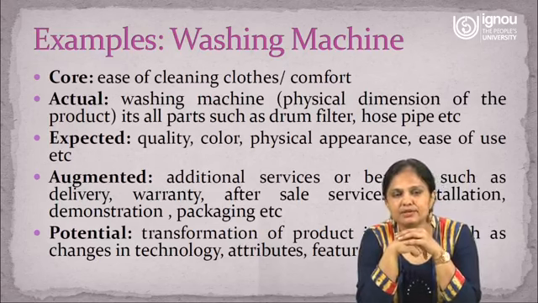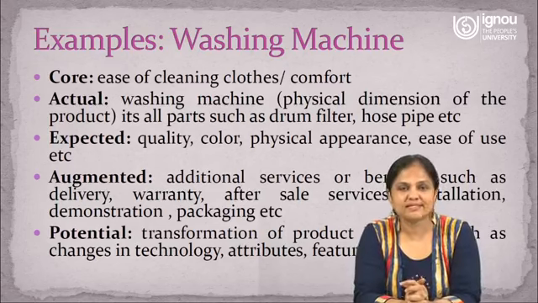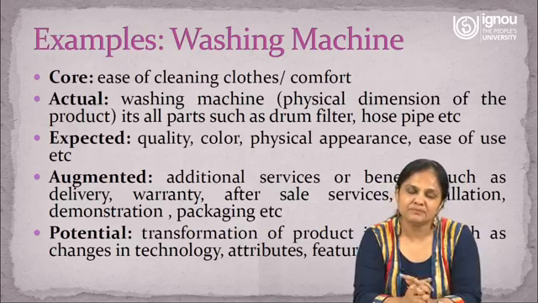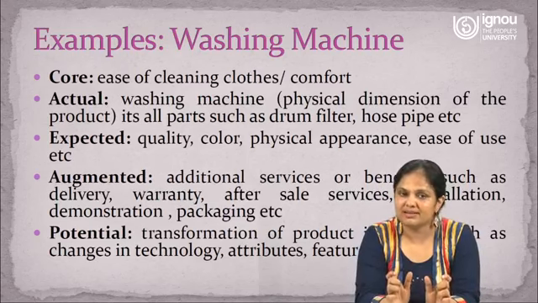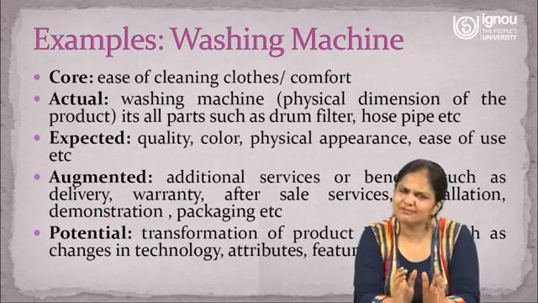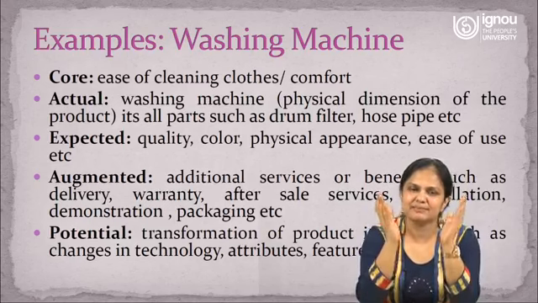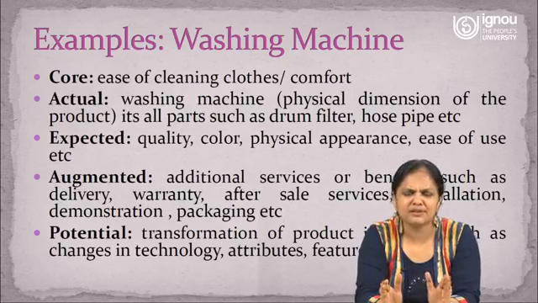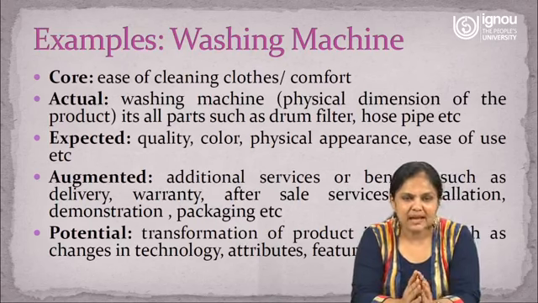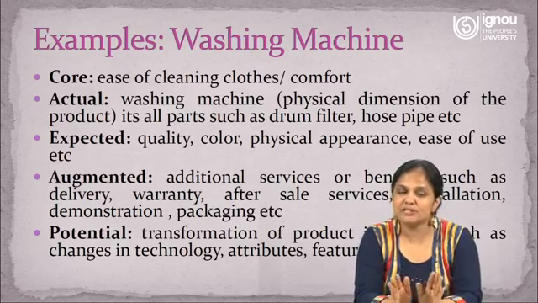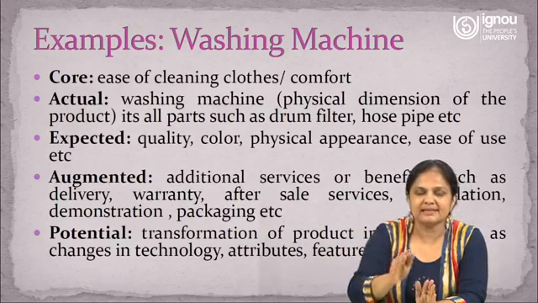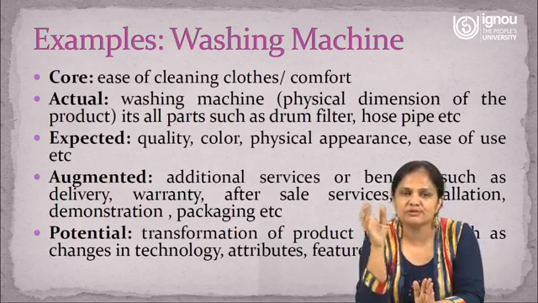In this case, the core benefit or core value is ease of cleaning clothes. That means you want some comfort, right? So that is core level. The actual level is the washing machine that you can see, the physical dimensions of the product. It has all parts such as drum, filter, hose pipe, the knobs, etc., right? And then the expected. You are expecting that it works properly, and it has ease of use, so that becomes